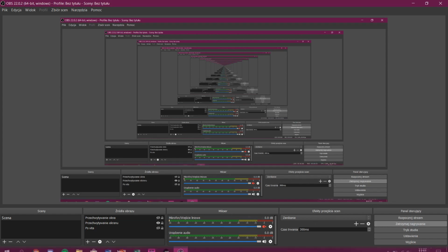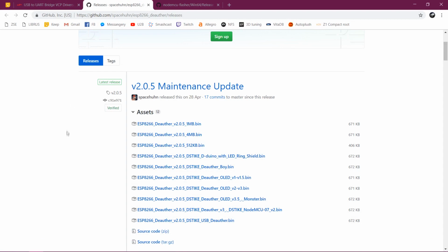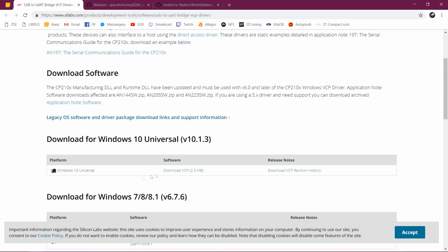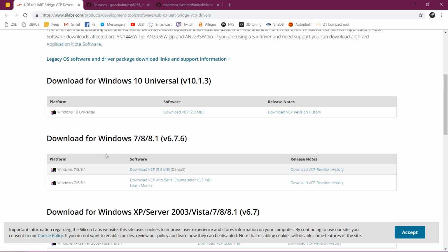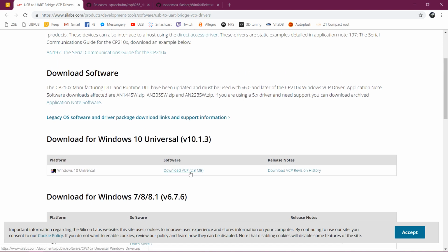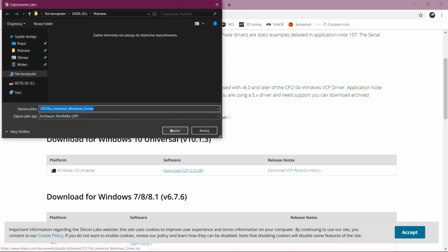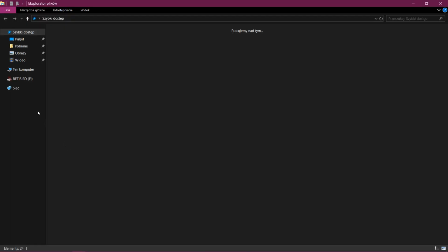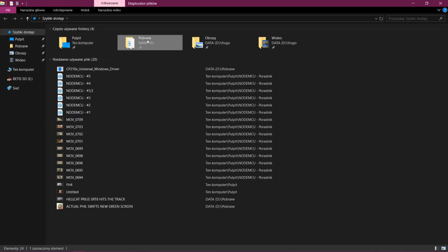Okay guys, so once you are on your PC, you need to open up your internet browser and go to the first link from the description to download Windows 10 or 7 or 8 or 8.1 drivers for this device. Click on download, wait for it to load, save it of course, and open up file manager. Go to downloads,